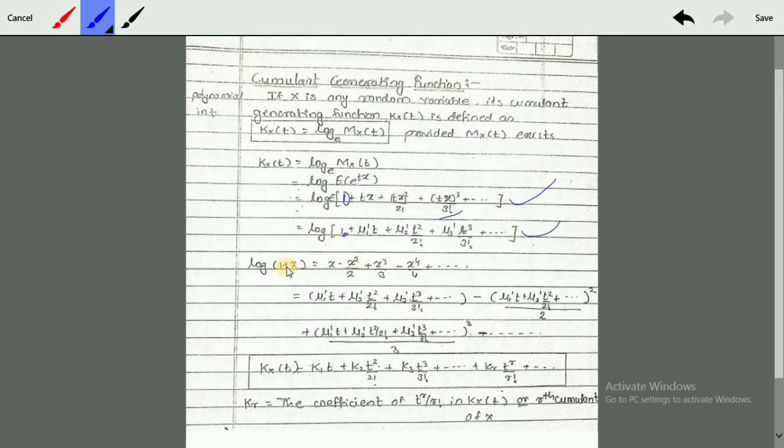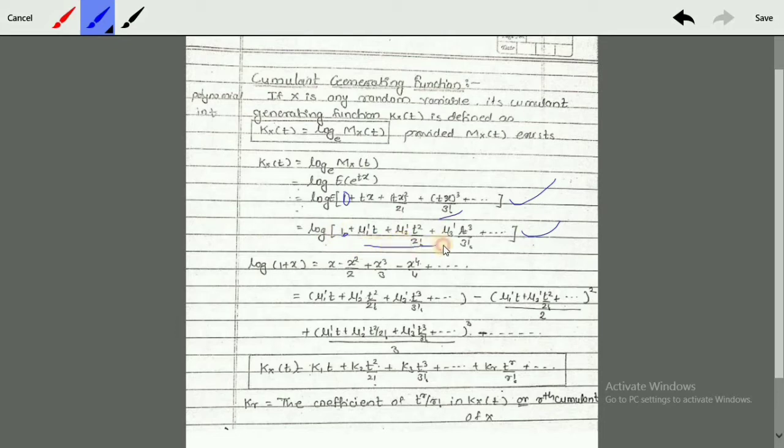Now we know that this is the standard formula. Log of 1 plus x is given by x minus x square by 2 plus x cube by 3 minus x raised to 4 by 4 plus and so on. Guys, just remember it by the order, like first plus, minus, plus, minus. In this order you can remember this log of 1 plus x expression. So from here, this is log of 1 plus x.